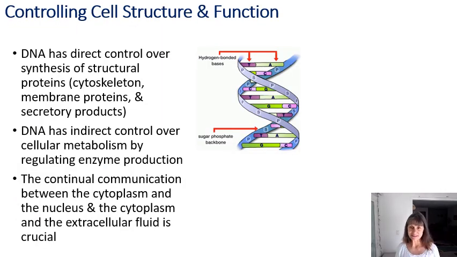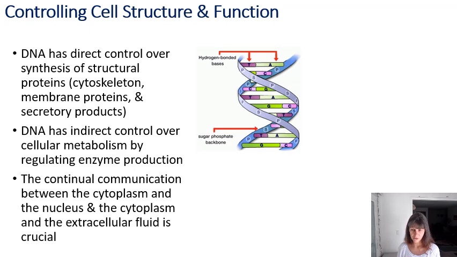Because DNA has the information on how to produce proteins, it has direct control over the synthesis of structural proteins, including things like the cytoskeleton, integral proteins embedded in the membrane, as well as secretory products. And DNA has indirect control over cellular metabolism by regulating enzyme production. Remember, all enzymes are proteins, and some of them may have a cofactor or coenzyme attached to them to help